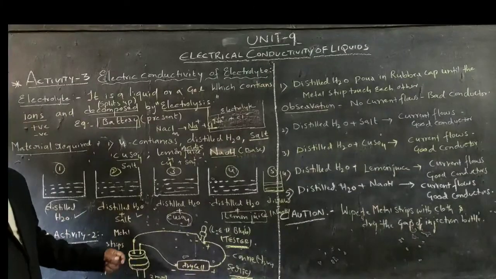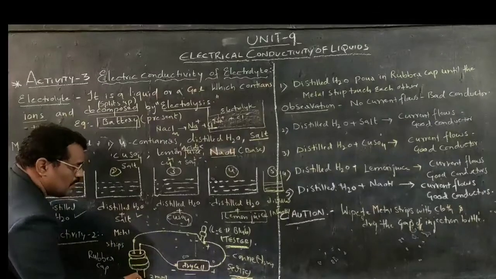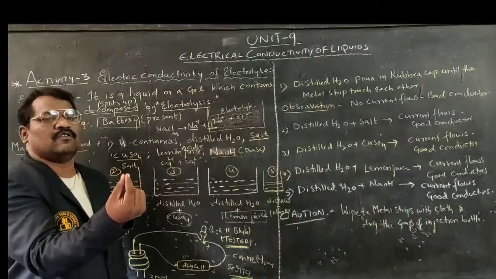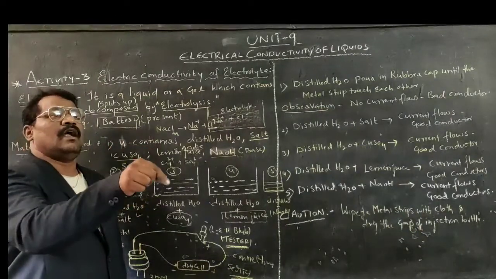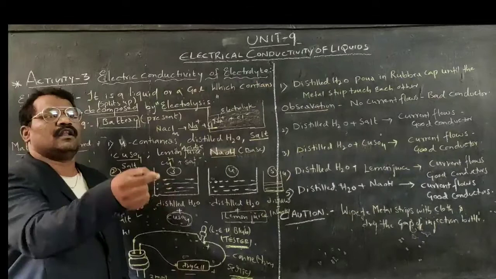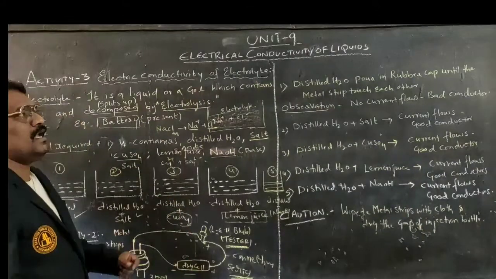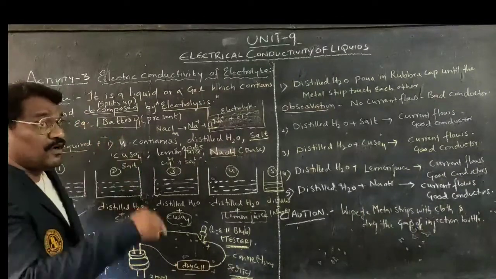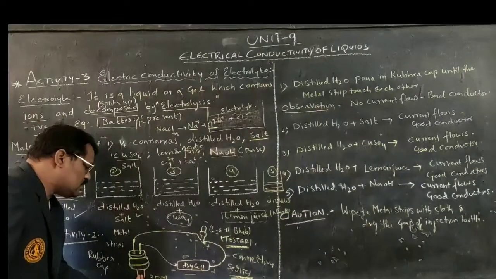Into this particular cap, until then, the metal strips are in contact with each other. As we are adding water, they both have to get in contact with each other. Up to that time, add a little quantity of water into that cap. As we are adding, the metal strips will be in contact with each other. Before adding it, touch these two metal strips with your hand and close them together so that